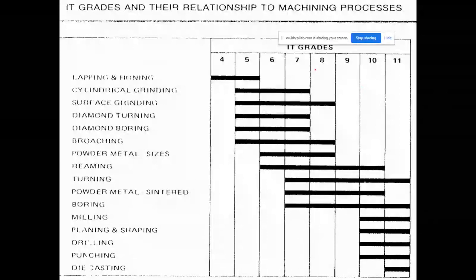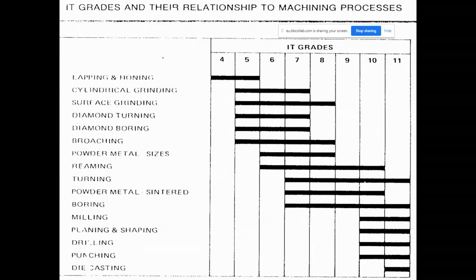This table answers the question: which process, as the finishing last process, is applied for setting the size in such a manner that the IT grade corresponds to 6, 7, 8, etc. For instance, if the dimension on the technical drawing has been shown as, say, 50 millimeters with IT grade H6, where 6 is the grade number, then see from this column which manufacturing processes applied as the finishing process can give an IT grade of 6.